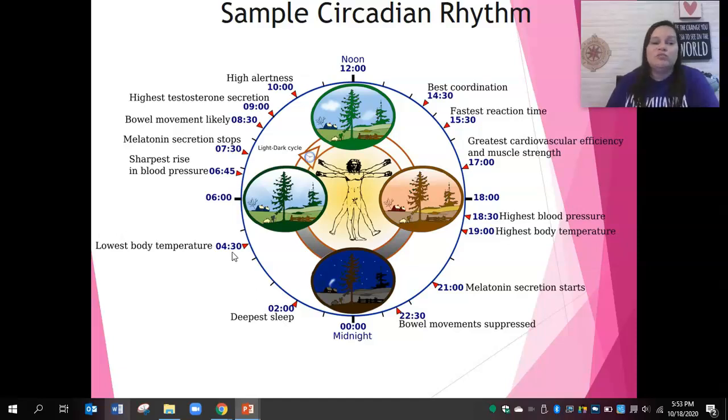As it gets closer to morning, our body temperature drops. So if you often find yourself waking up really cold in the morning, it could be that it is actually colder outside, but it's also that your body temperature has dropped. So everybody's is a little bit different, but there's just some examples of things that are occurring along with your